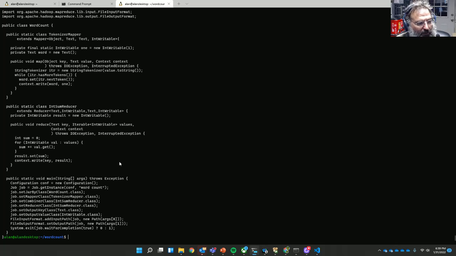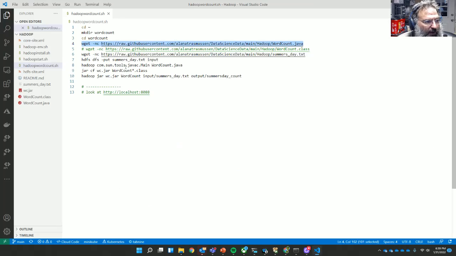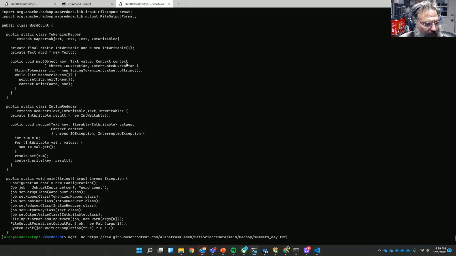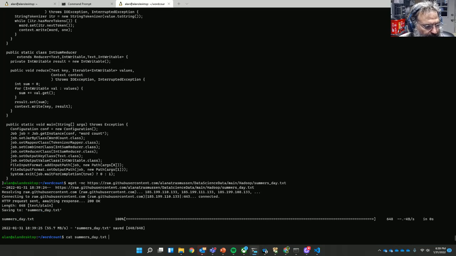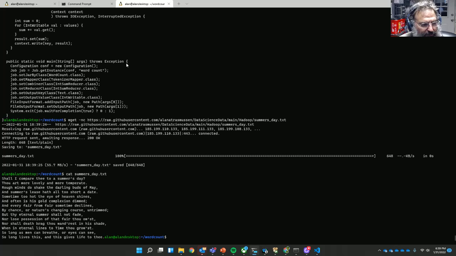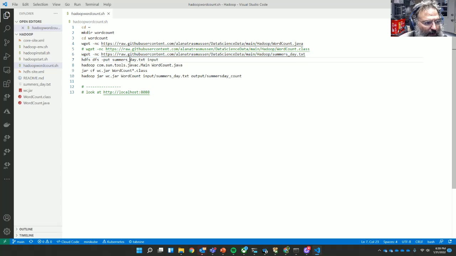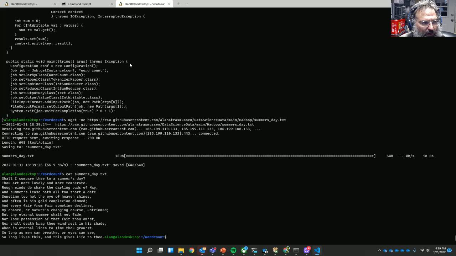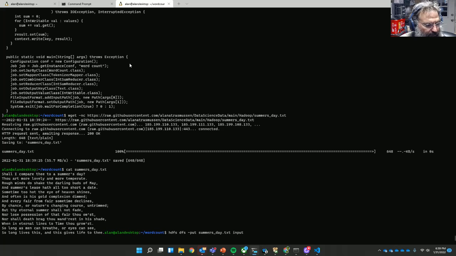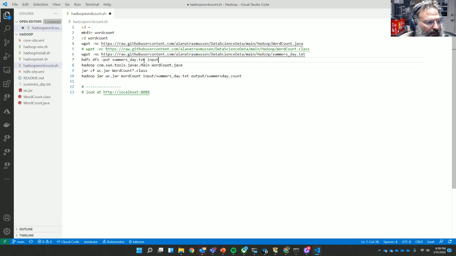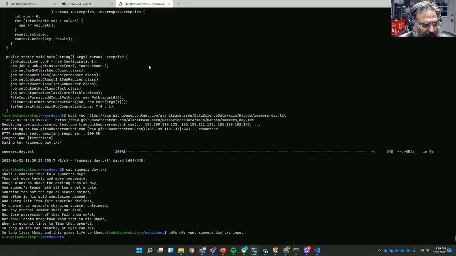Yeah. Yep. So the next part that it can go wrong, I'll go ahead and pull down the text file we're going to count. And this is the Summer's Day, William Shakespeare. Then I'm going to put that into the input folder on the HDFS instance. And then this is where the next chance for it to not work, because once we formatted the hard drive or the HDFS file system, the next bit where it can go wrong is trying to compile it,